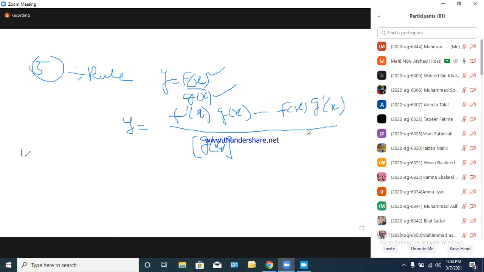So if you have function like that, x raised to the power cube minus 1, and here is x raised to the power 1/2,